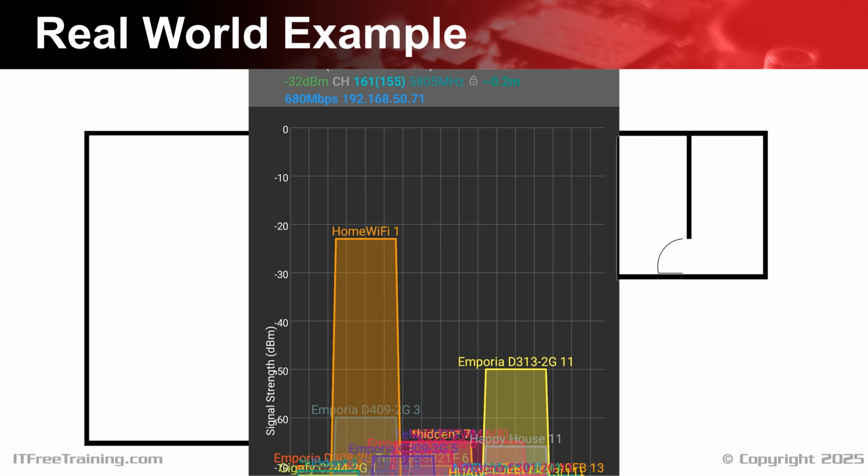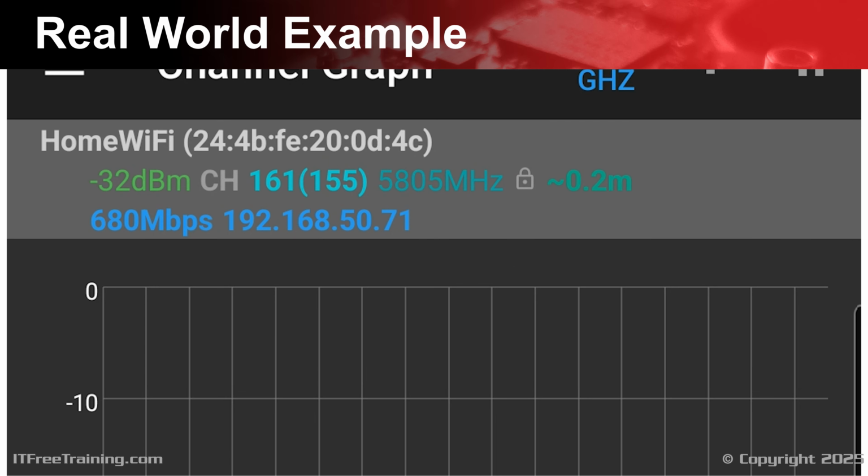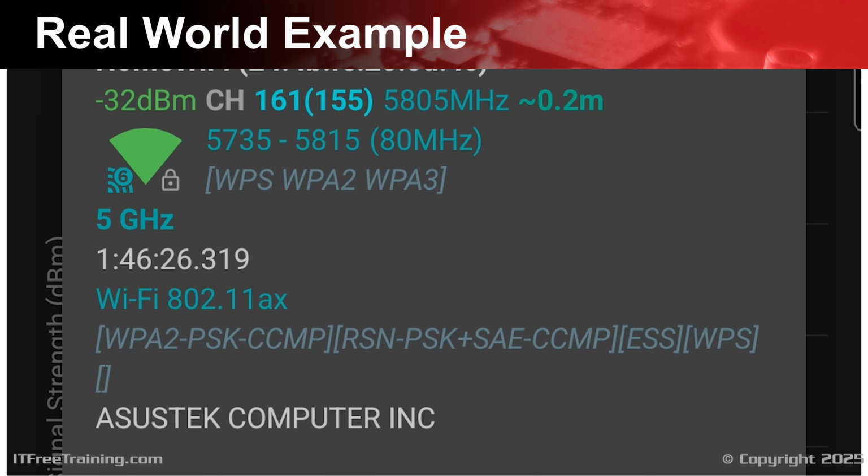You will notice that at the top of the screen, I am connected to the home Wi-Fi. You don't necessarily need to connect to it, but it does make it easier in some ways, but there is a caveat. I will now select Home Wi-Fi at the top. This will provide some information about the current connection, including signal strength. But notice that it is currently connected to the 5 GHz band.